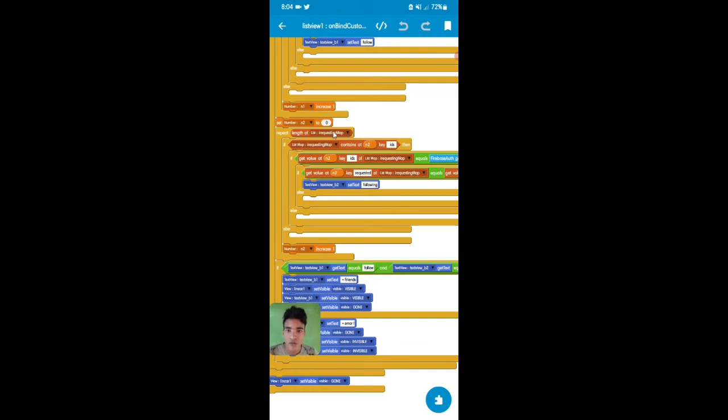So guys, number n2 to 0 and repeat block length of I requesting map, and then I'll add an if else block: list map I requesting map contains at n2 key IDs.